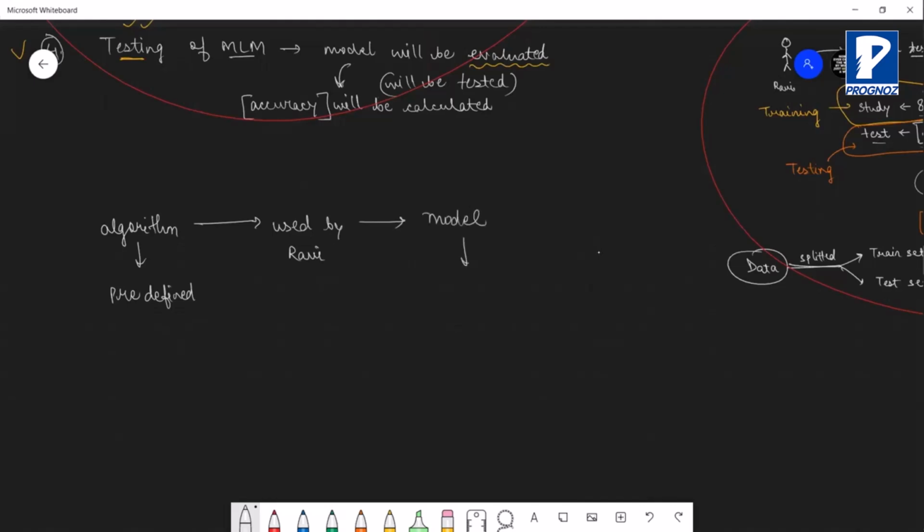The model that gets created will not be predefined. You will define this. Ravi will define this. What should be there, how it should be done, everything will be designed by you. But the algorithm running in the backend was made by some researcher. You are using it, and how you use it you can do in your own way. You can make certain changes to it, you can customize it.